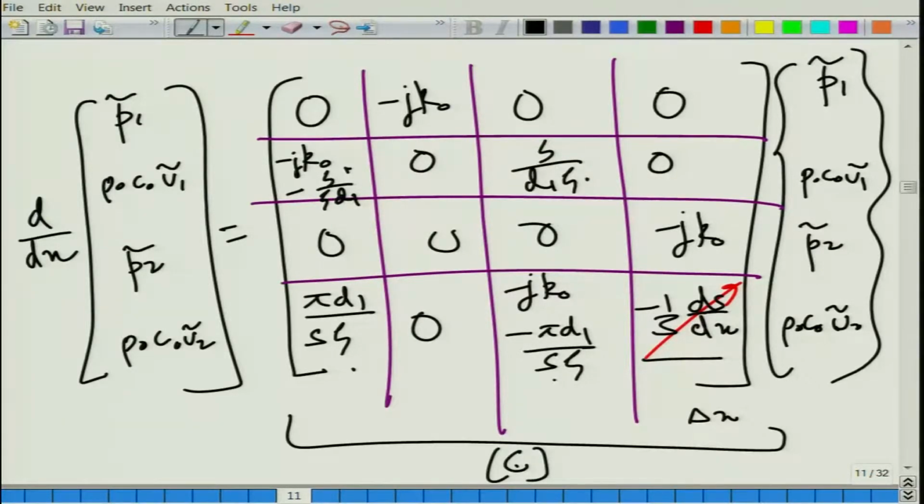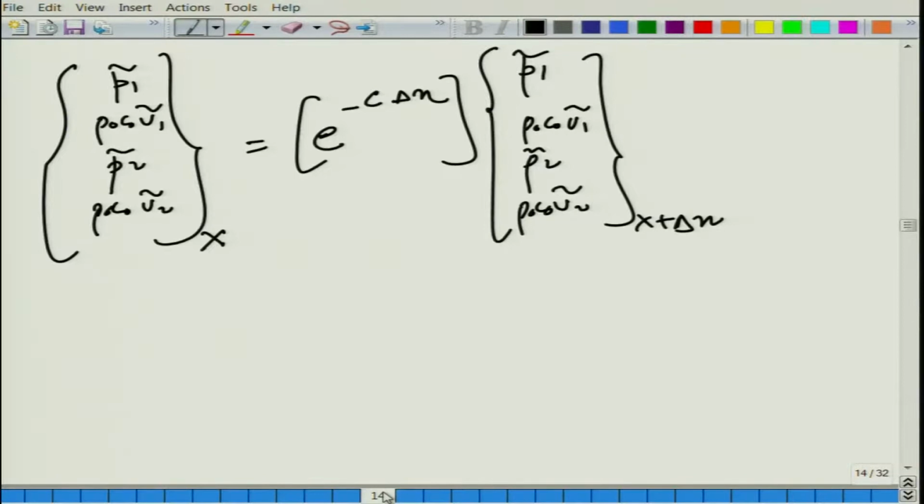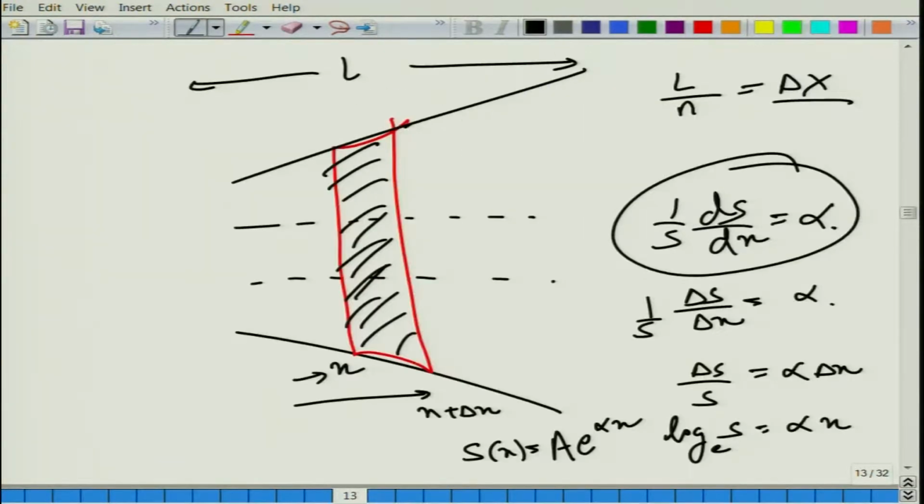The key idea behind the matricent approach, we have done only segment week 6, but now it's a good idea to talk about the exponential matrix approach as well, matricent approach. So, we assume this C matrix to be constant over a small distance, and hence we integrate to relate things upstream with those at downstream. Okay.